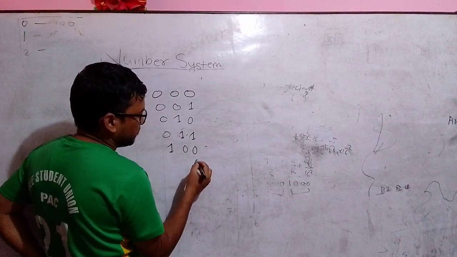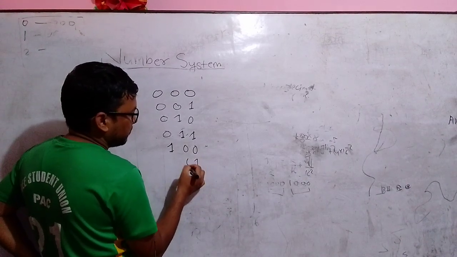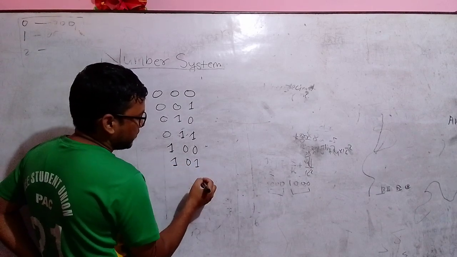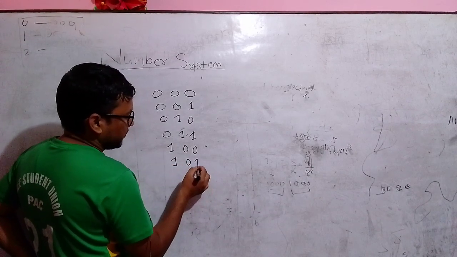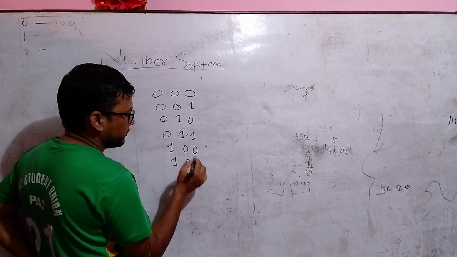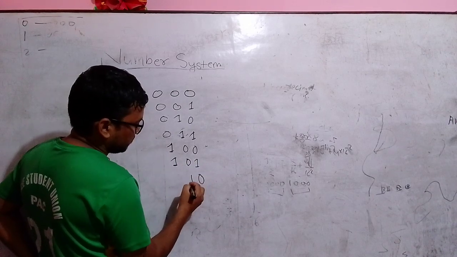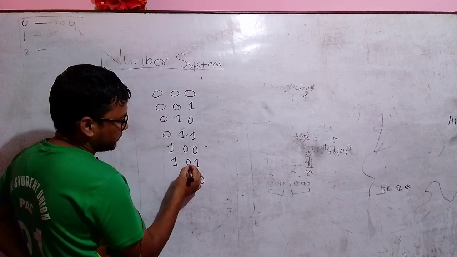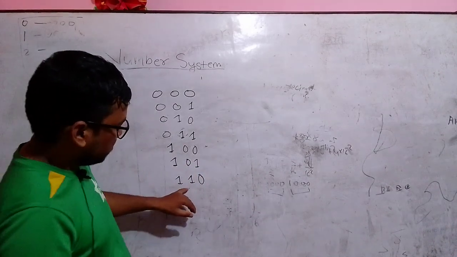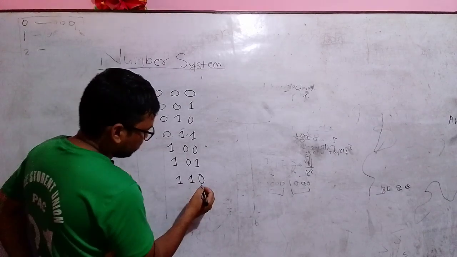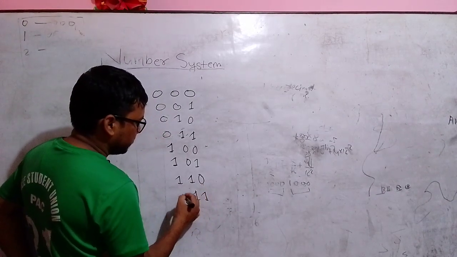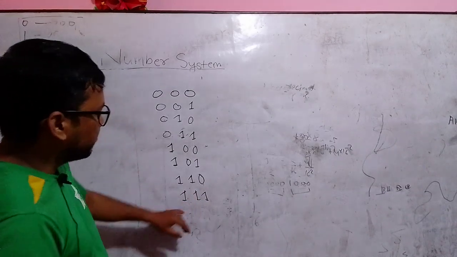0 is converted to 1, so all the digits remain the same. Now 1 is converted into 0. 1 is converted into 0, which means the nearest left hand side digit will change. That means 0 is changed into 1, and the 1 will be the same. Now 0 is converted into 1. If 0 is converted into 1, the remaining digits will stay as they are.